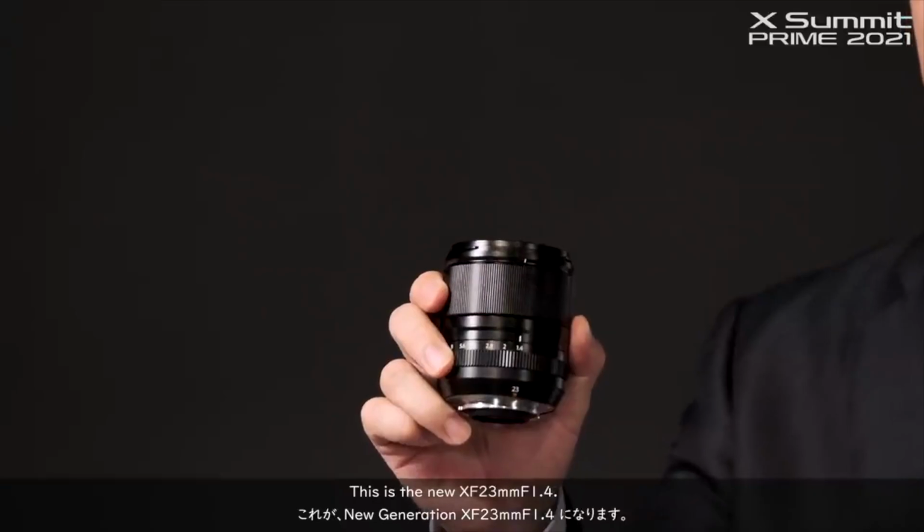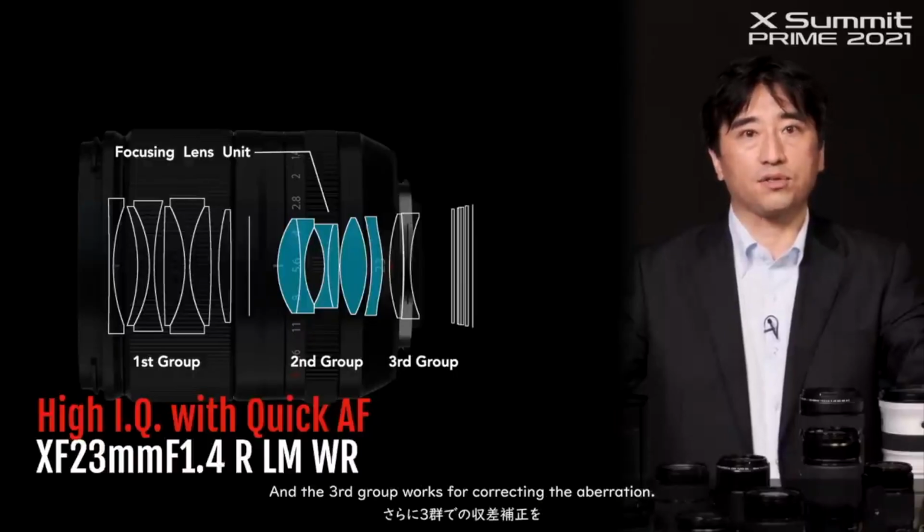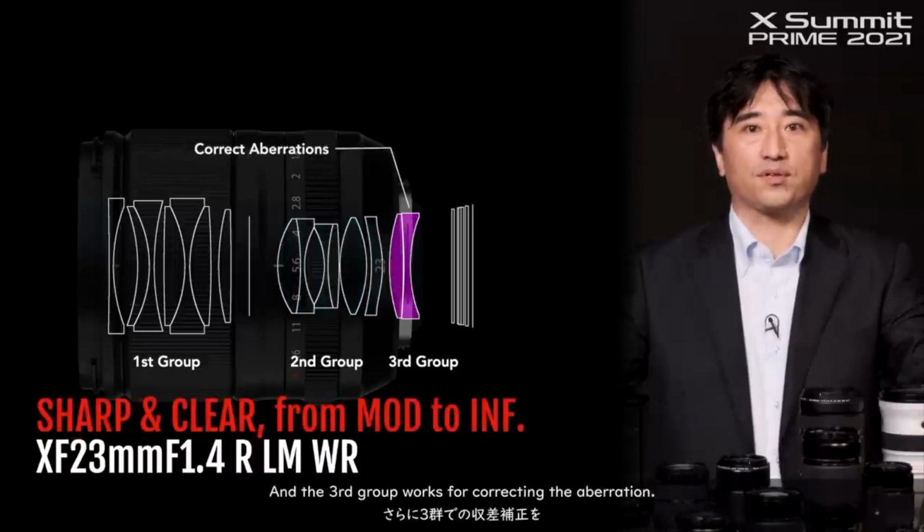Second up, we've got the 23 f1.4. So this is the updated version of the previous 23 1.4, but it has Fujifilm's newer autofocusing motors and is also weather sealed. So this lens I'm thinking of buying because it will mean I can use the 23 1.4 to do more portrait work and also do more product stuff with it as well. And just having that versatility when it comes to a wide angle lens, to have more control over the depth of field, I think that'd be really good,